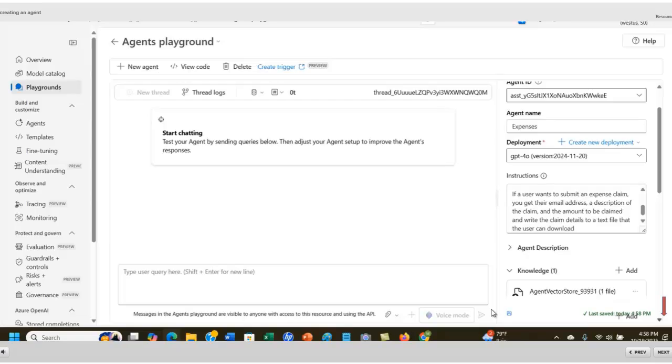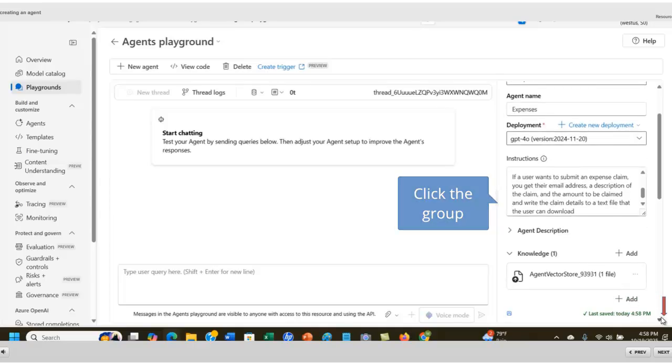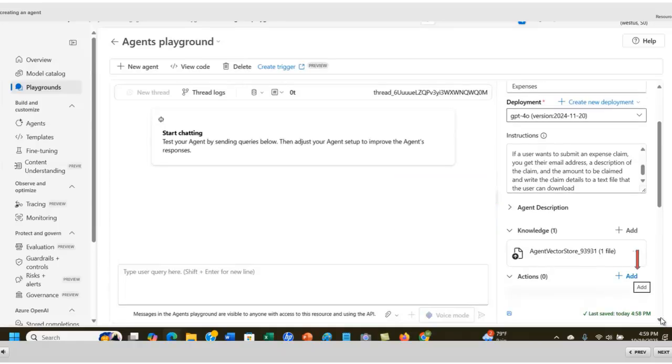We're still on the setup window. You can see the vector store there, and it says one file, so you know that we have successfully uploaded that file. We're going to scroll down a bit more. Keep scrolling. And the next thing that we want to do here, to the right of action, is to add an action. So we're going to click on add,